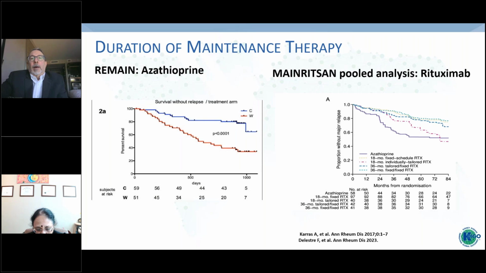But I like using rituximab. What I find is that if you do the fixed dose, which is what we have traditionally done, I check immunoglobulins to see that they're okay, as you mentioned. I also check B cells, because sometimes the fixed dose doesn't have to be 1 gram or 2 grams at 6 months. The more and more you treat patients with rituximab, the less and less you need. And sometimes it doesn't have to be every 6 months. You can get away with a little bit longer in between. Patients seem to really like it because they're not taking pills every day, and they're very adherent to that regimen.